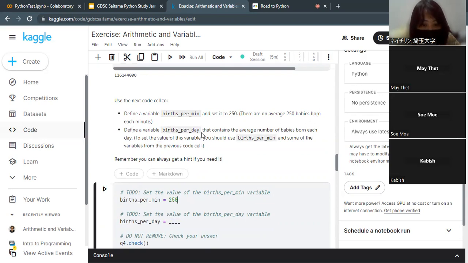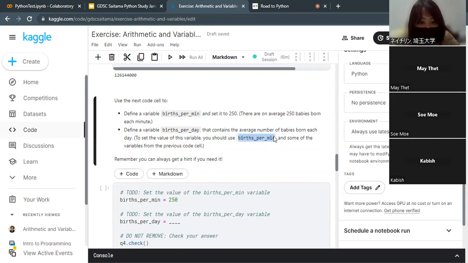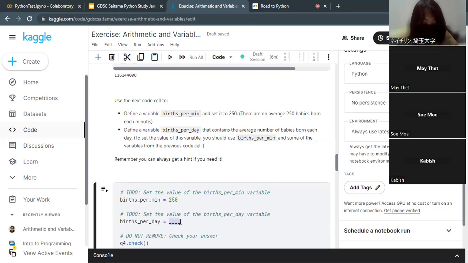Define variable babies per day that contains the average number of babies born each day. To set the value of this variable, we need to use babies per minute, the variable from the previous code. So let's make babies per day is babies per minute times